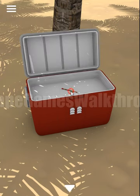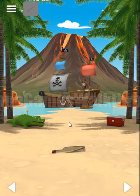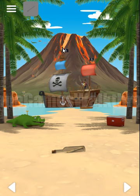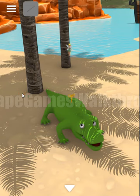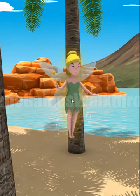So inside here is a match. We also need to find the matchbox, and now we need to look at the sails on the pirate ship. So we have small, it is black, then by sides go blue, then red, and then the white. And now let's go back to our room,